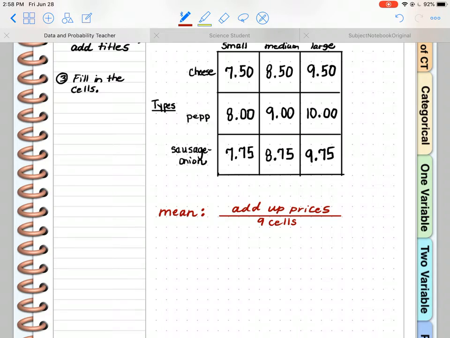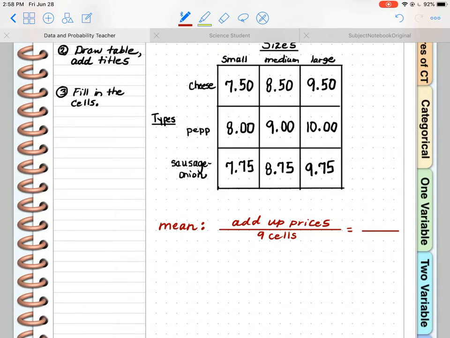So the first thing that we need to do is to add up our prices. And that's going to take a little bit of time. So grab your calculator and let's just start typing. I will read to you the way I'm typing. You can go in any order you want to. It doesn't matter. Okay, the 750 is 7.5 or 7.50. You can do the 0 or not. Plus 850 plus 950 plus $8 plus $9 plus $10 plus